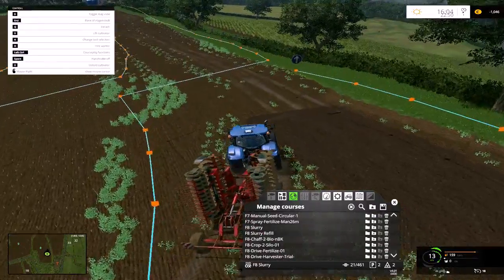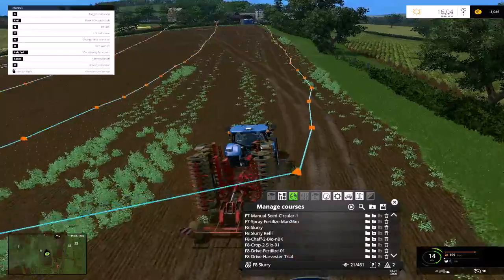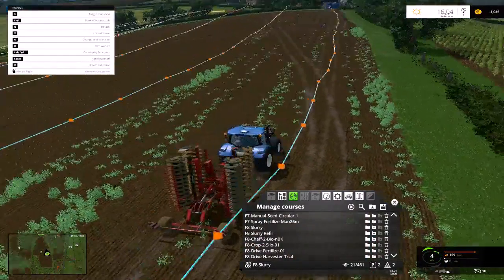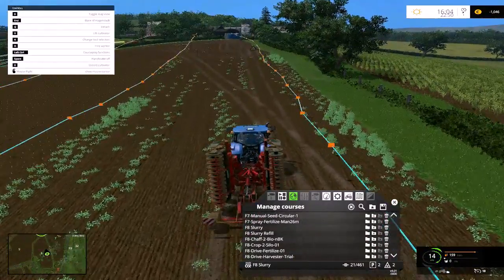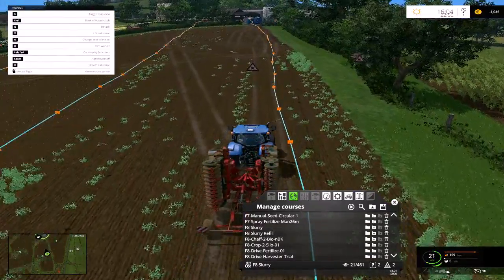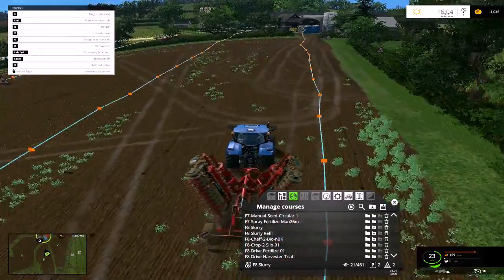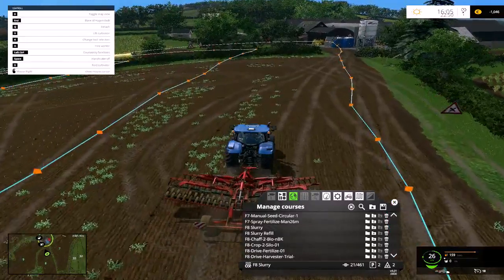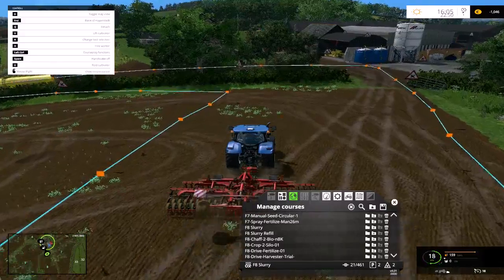So we do need a cultivator, but we need one that's wider than this one, and then we can use this cultivating course, this slurry course. Otherwise there is another way to do it, and I'll show you how to do that now. We'll just unfold this again, save buying another cultivator. It's going to take slightly longer if you haven't got a wider cultivator,